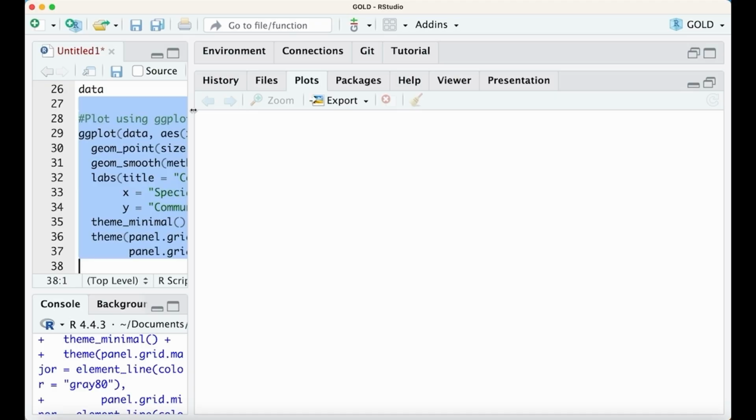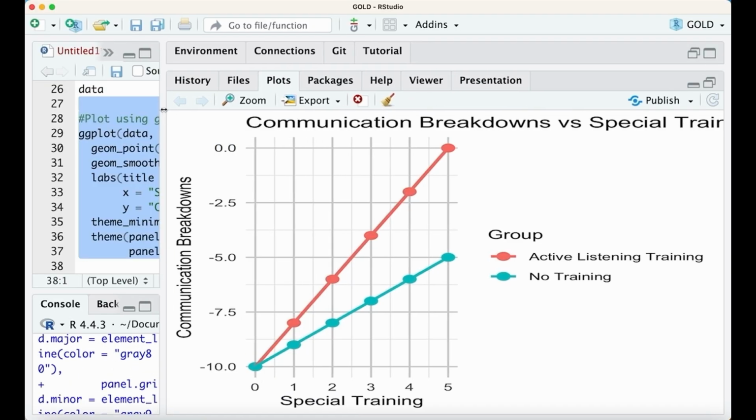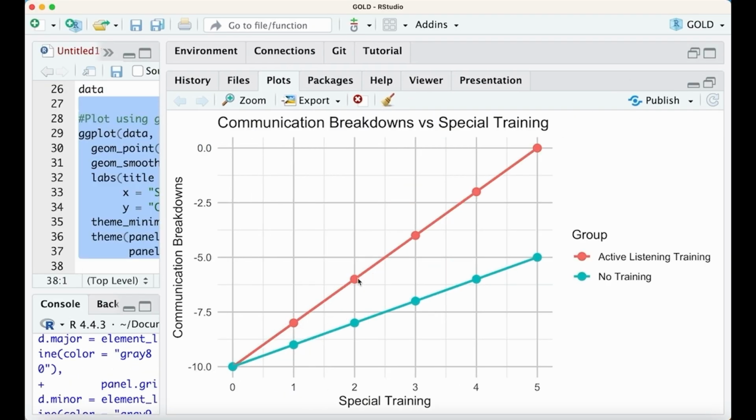Just to show you, if I run this, you can see these two lines. I shared that example where I divided the couples into two groups: those receiving active listening training and those not receiving any active listening training. We are interested to see what impact there would be on the communication breakdowns.